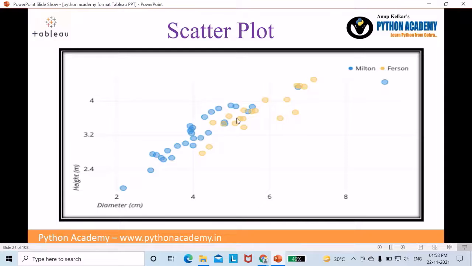Milton bottle has starting range of approximately 3 centimeter with a height of say 2 meter, and at the same time if we compare the Furson bottle, it is having almost 4.1 centimeter diameter and a height of 2.5 meter. So this is the relationship you can easily compare with the help of visuals. We will see in detail when we plot the scatter plot according to our databases.